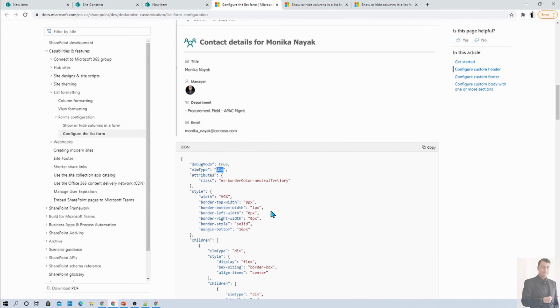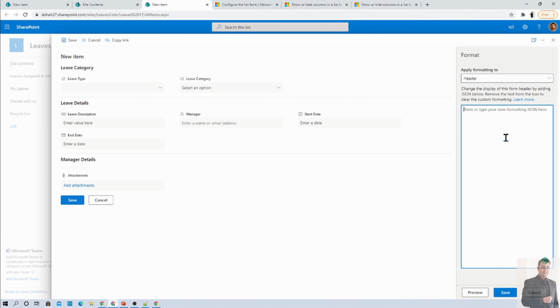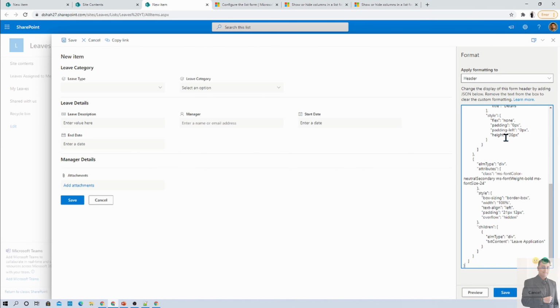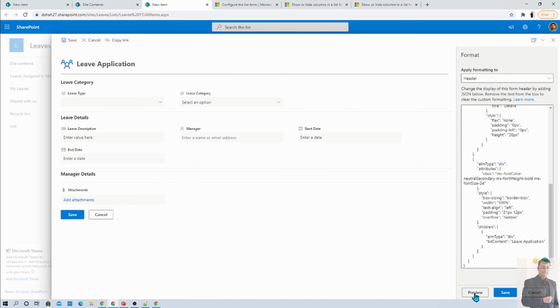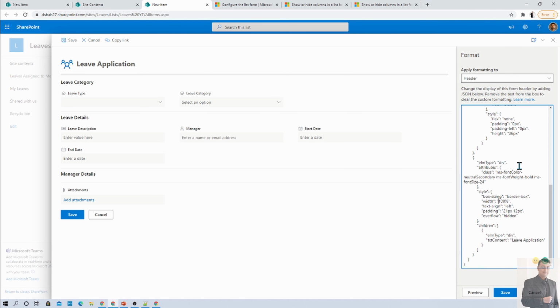At this moment, let's copy this entire thing and paste it over there. So I'm just copying it from here and go to here and try to paste it. I paste this entire code over here and just click on preview. So here you can see that we have this type of header section available, right? Now I will talk more about all these properties later in this session, where I will show the official Microsoft documentation for more information. So this is how we have configured the header.